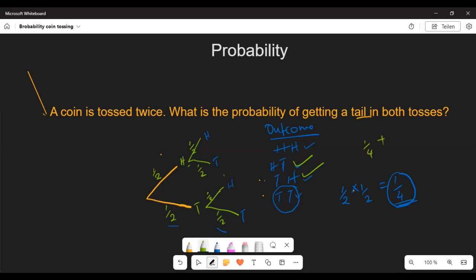And then plus, we're also going to look at another one here, also tail and the head. So tail and the head is also a quarter, because you remember we multiply a half times a half to give you a quarter. So then we're going to have here a quarter. So that's just like this process being shortened. So then what you're going to do, you're going to just basically have